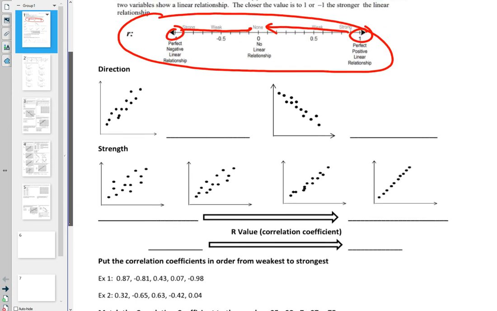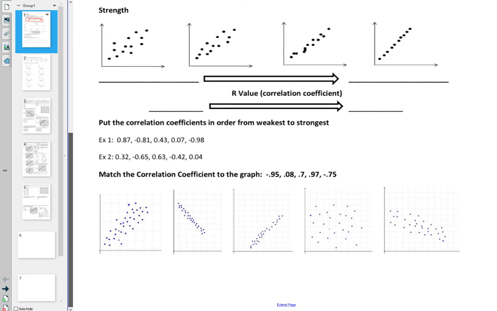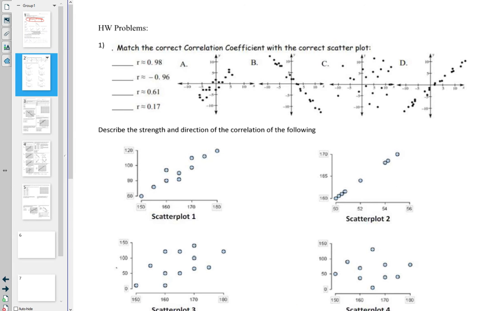So I believe we did all of these. So I'm ready to start on page 2. Any questions? Because we did the first page yesterday. So if you look at number 1, I don't think this was the same one as yesterday, but it's very